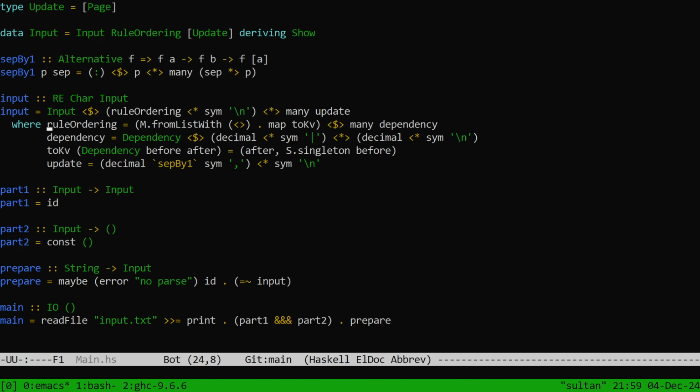A regex to handle a rule ordering and a regex to handle an input are both extremely simple. And you could write a little function that parsed one until it failed to parse, and then parsed the other, and maybe it wouldn't be fewer characters, but it's just really nice that it all type checks,